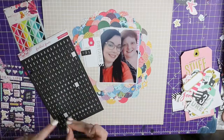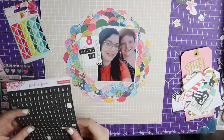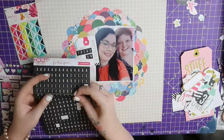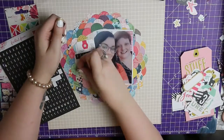So what I'm doing now is just going through and putting a title in. I did have a puffy sticker that said focus on the good, and I thought, that sounds like a good title. So I decided to take that puffy sticker off and decided to title this page Focus on Positive,